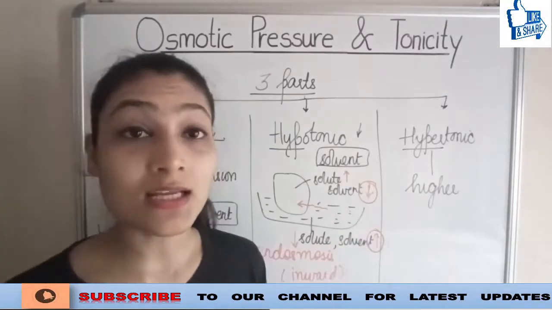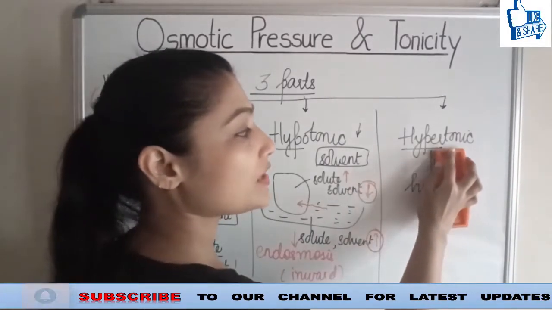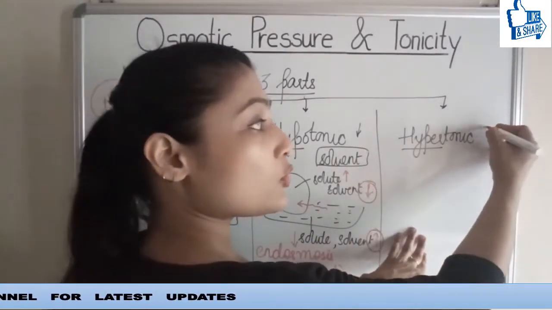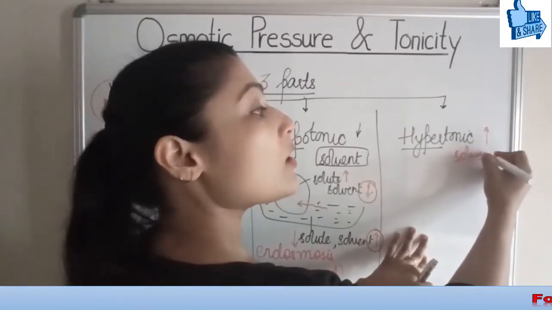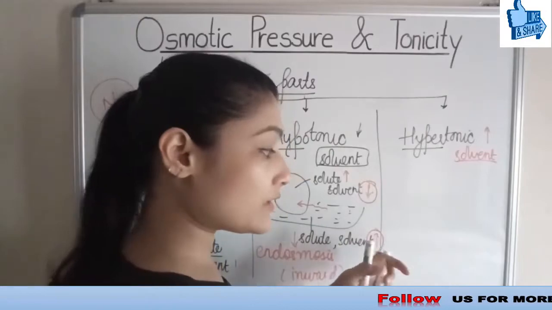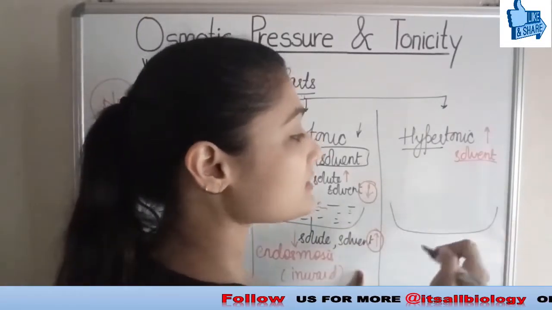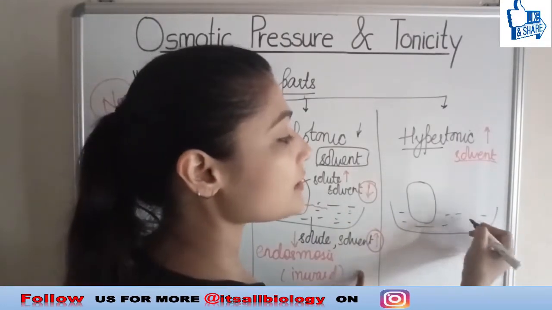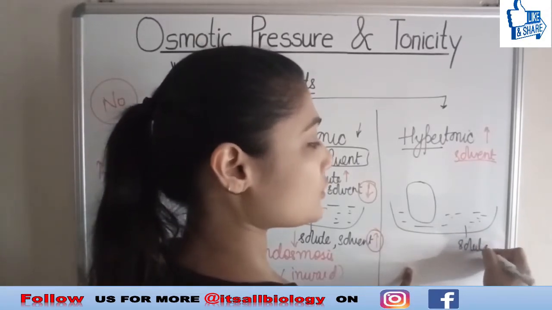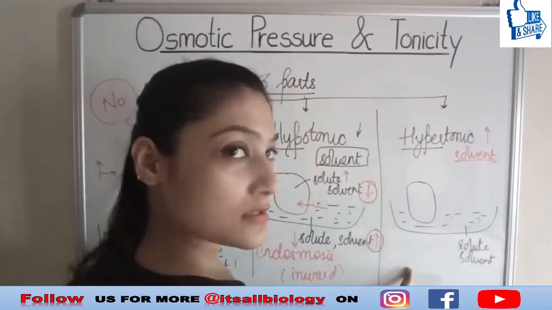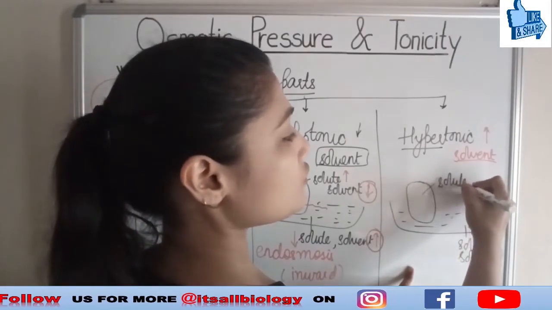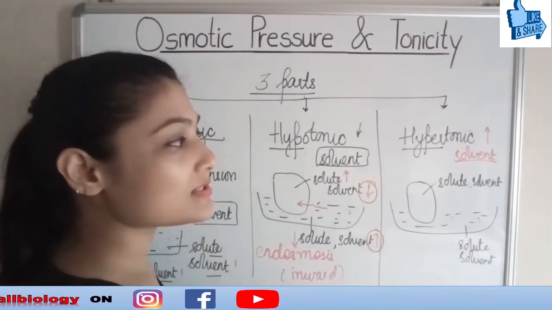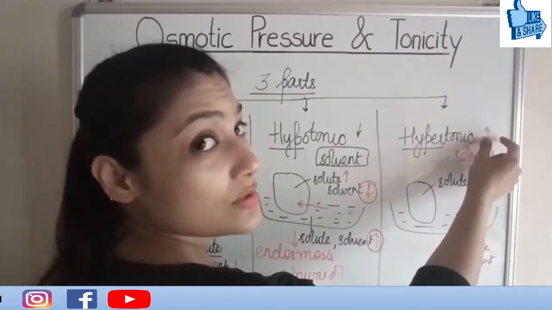Now let's move towards the third one, that is a hypertonic situation. In a hypertonic situation, again, hyper means more. What more? Solvent. Where is it more? Inside of the cell. These three things you have to ask yourself. Okay. Now again, a cell is being placed here. Some solution is here, and the solution is having some solute and some solvent. Similarly, the cell is also having some solute and some solvent. Clear?